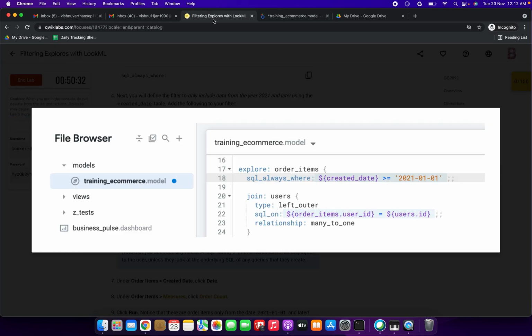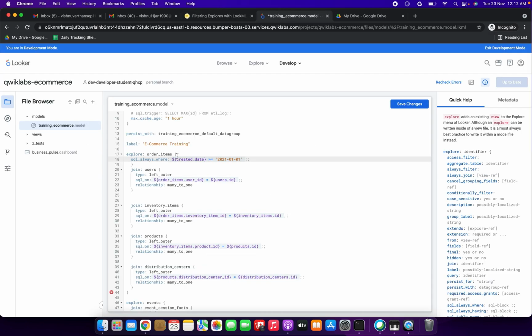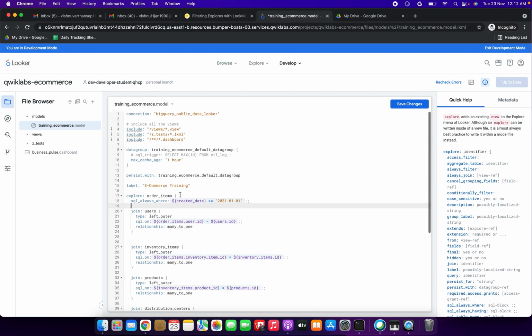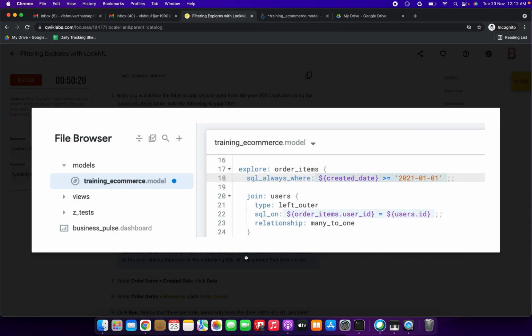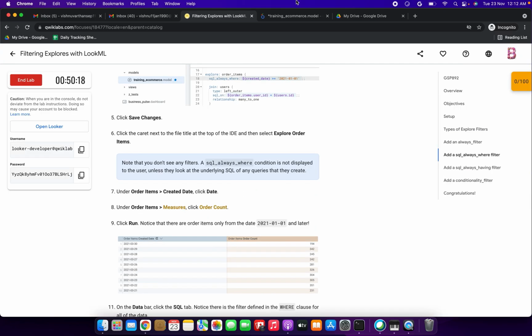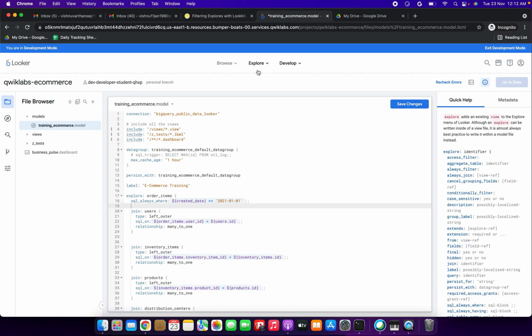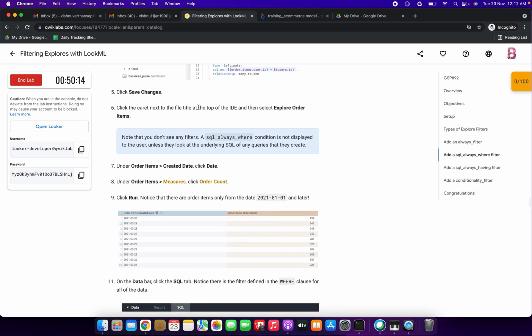Okay, now after that we need to remove one closed brace also, right? I think so. Just remove these closed braces. Now you can see there is no error. Now we can click save changes. Now I think it's correct. Yes, great. Okay, now we can click save changes. There is no error. If there is an error, then you need to rectify it.